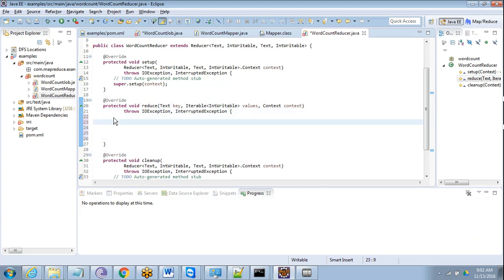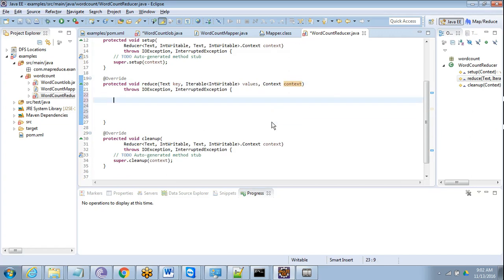So for every key we need to iterate over the list of values and put the result into the context, right? So create an int sumOfNumber, you can say, equal to, let's start with 0,